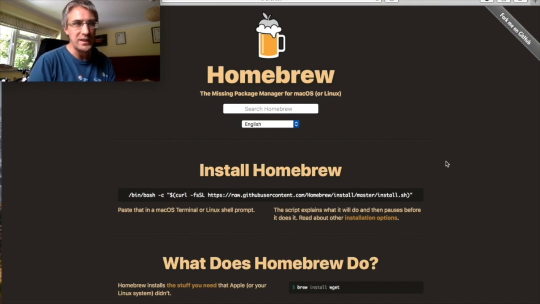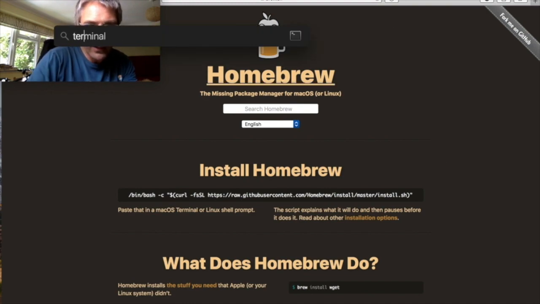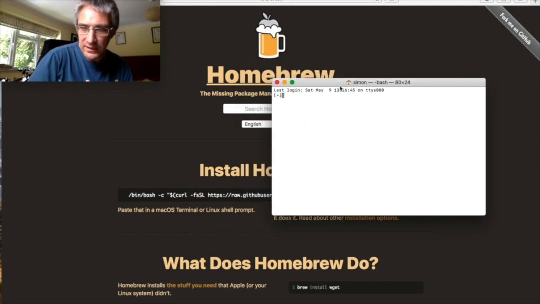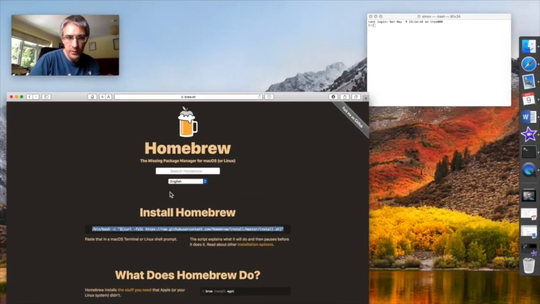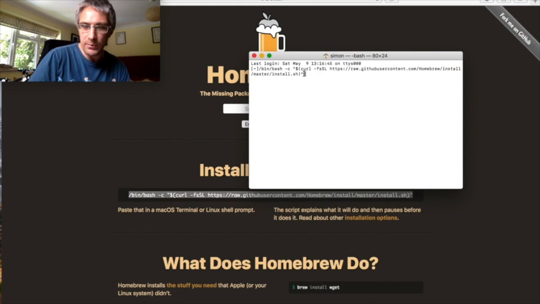Well, you have to type that into what's called the terminal window in Mac. So if you go up to the magnifying glass in the top right, click on that, type terminal and hit enter. It will open a little box that looks like this. Roughly speaking, it depends how your computer's set up. So what you then need to do is select that command, copy the command, and paste it into that box